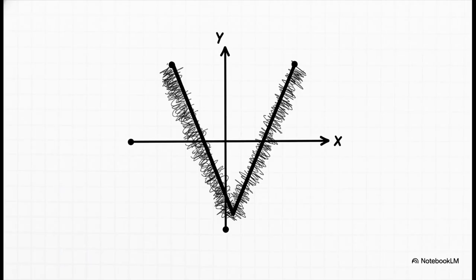And finally, let's talk about the modulus function, or as you might know it, the absolute value function. Its whole job is just to tell you how far a number is from 0, which means the output is always positive. Since -3 and 3 are both the same distance from 0, the graph kind of reflects back up, making this really cool, distinctive V-shape.